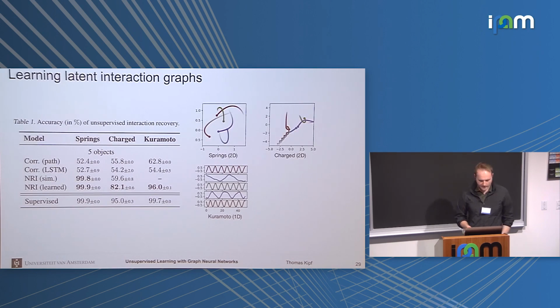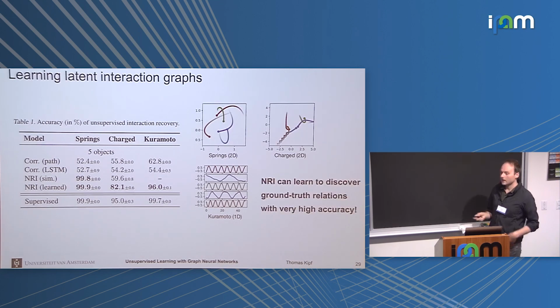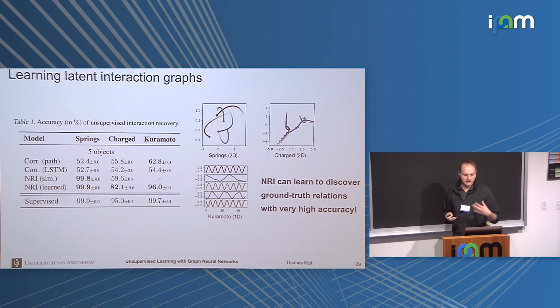The only table I'm going to show here is basically that if we apply this model in an unsupervised way on these data sets, then without any supervision on the ground truth labels, it can discover the interaction structure. Basically, in the spring system here, we would sample springs at random, so two nodes are connected at random, and then we run our model on the simulation and see whether it has the right latent graph structure that it discovered. We compared this with the ground truth later, and we found that it can discover these latent graphs with very high accuracy. And even if we have a simulation-based decoder for some.